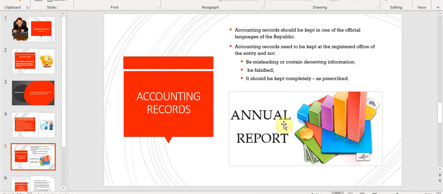Of course, we know that this is set out by IAS 1. And it states that we should have a statement of financial position, a statement of changes in equity, a statement of profit or loss and other comprehensive income. And then we should also have the necessary notes to the financial statements. There should be a director's report. There should be an auditor's report.